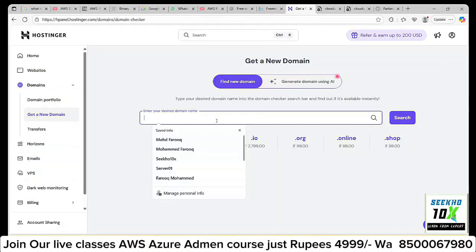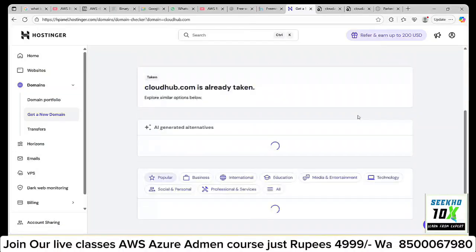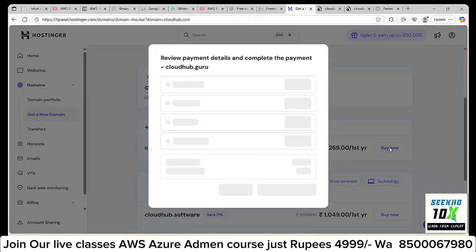You can type anything here, whatever website name you want to purchase. Just like if I say cloudhub.com, search for it. It searches whether this is available or not. Cloudhub.com is already taken, so you have cloudhub.guru. You can purchase this site by clicking on buy now.